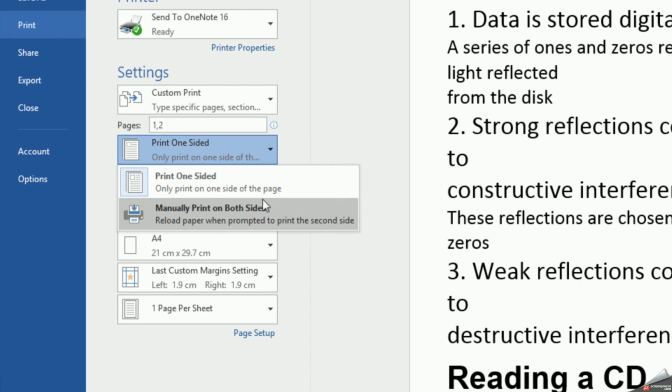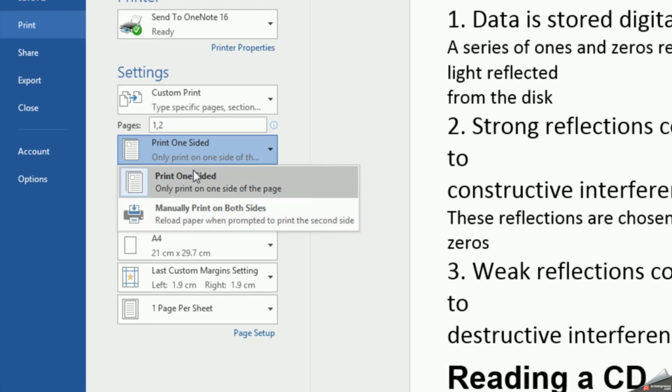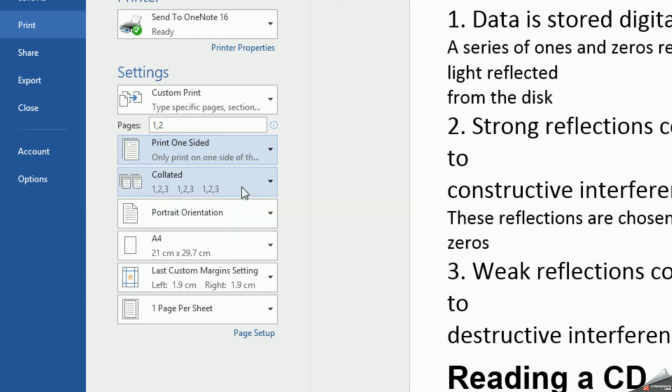So here you will have to first insert one side of the paper, get it printed, then take it out, flip it and insert it again. So that is a cumbersome process. Some modern printers handle this on their own, and in some older printers you have to do this. So the default one is print one-sided.